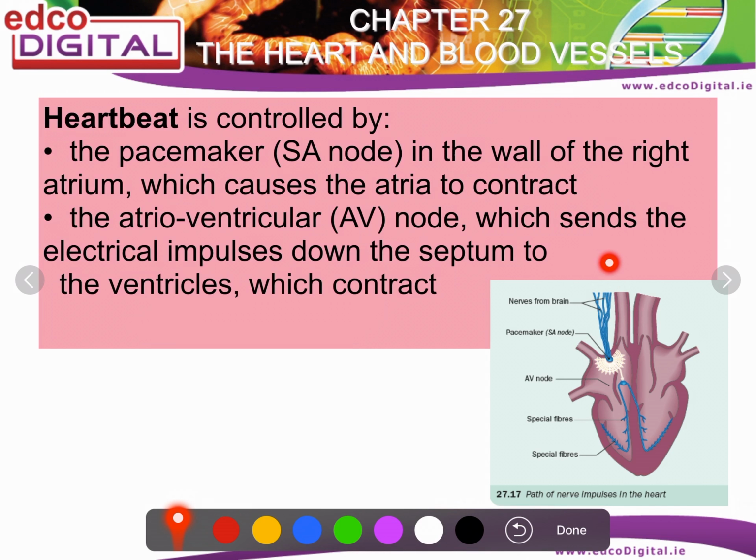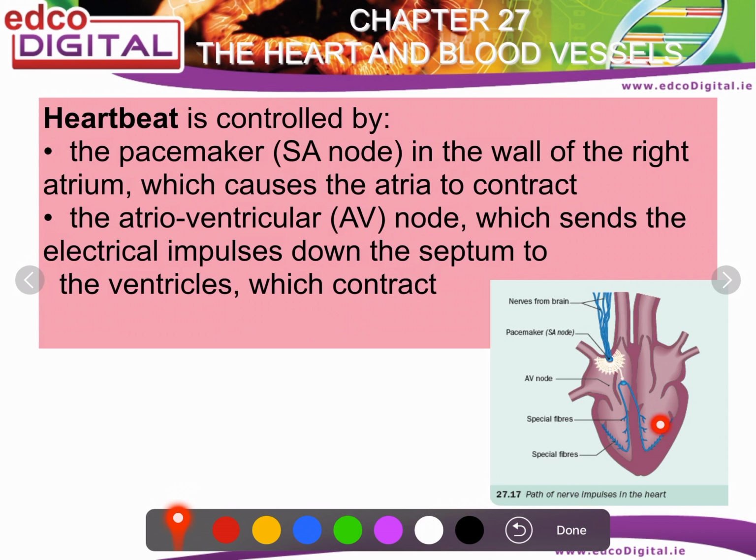Each time your heart beats, the nerves send an impulse down to the SA node that contracts, which causes the blood in the right atrium and the left atrium to squeeze and contract and push down to the ventricles. Once it's down in here, there's a slight delay, and then the AV node will pick up an impulse from the brain, which will cause the ventricles to contract,